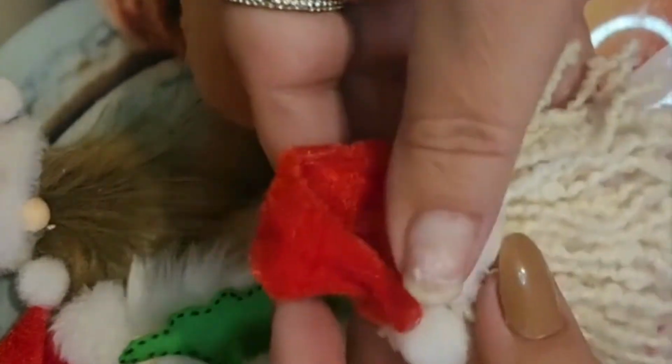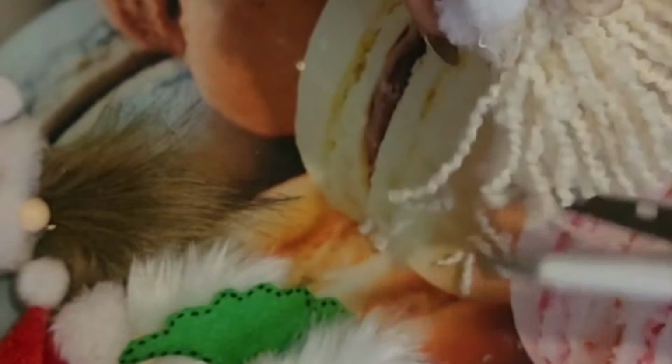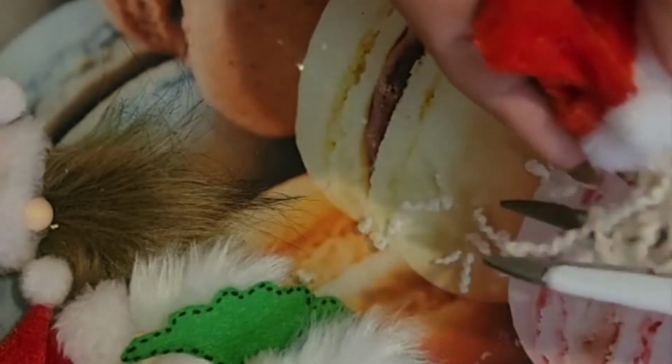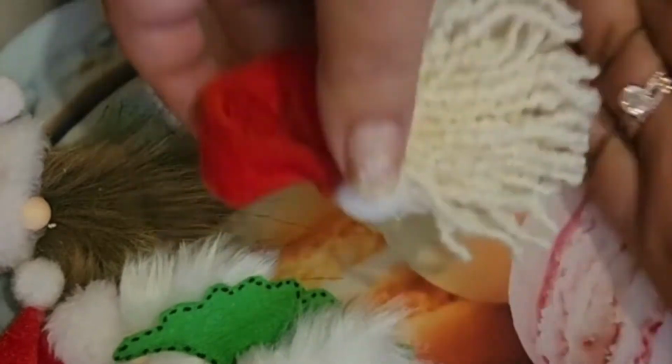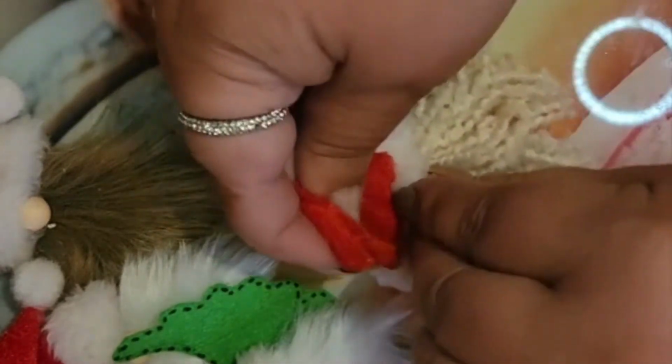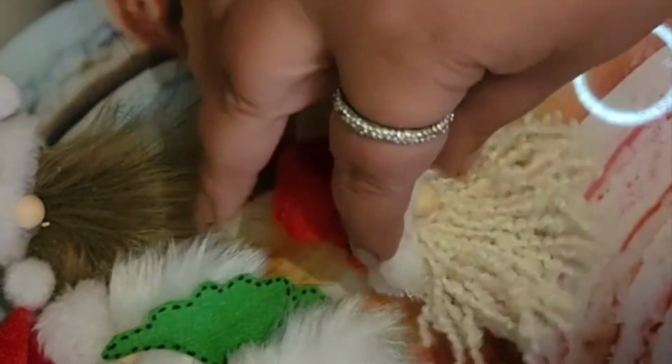Now, you can give your beard a little trim to shape it a little bit, depending on the length that you would like. Glue's not really dry yet, sticking to everything. Okay, and there you have it. Quick, simple, easy